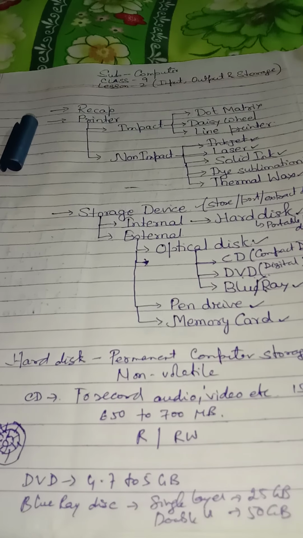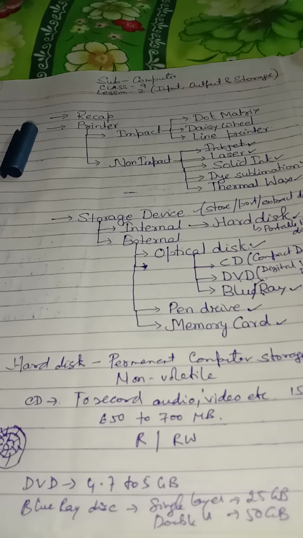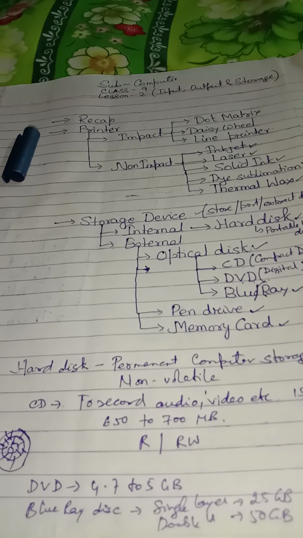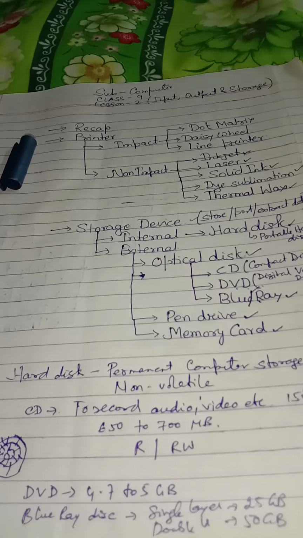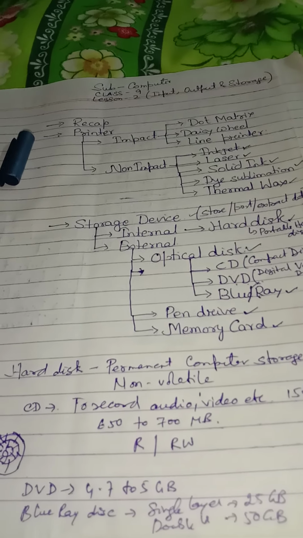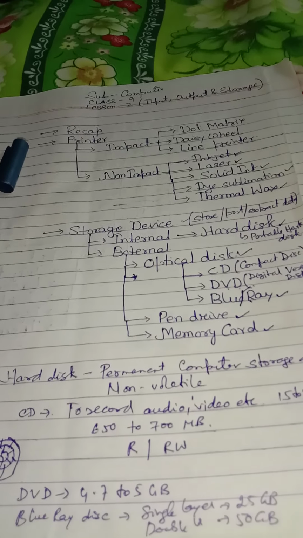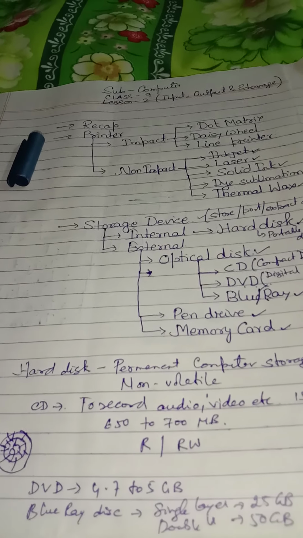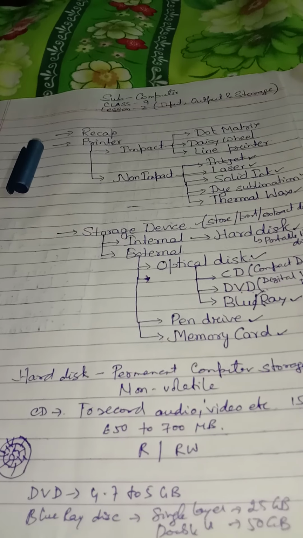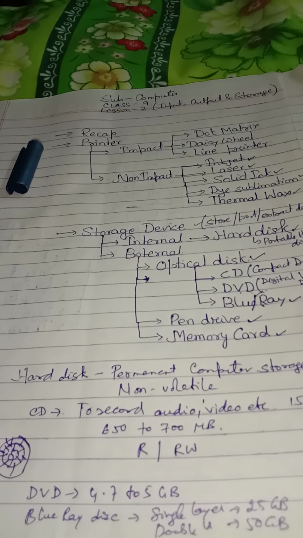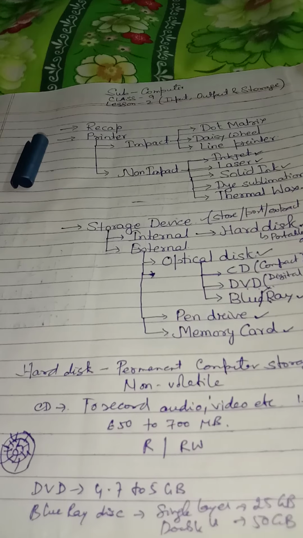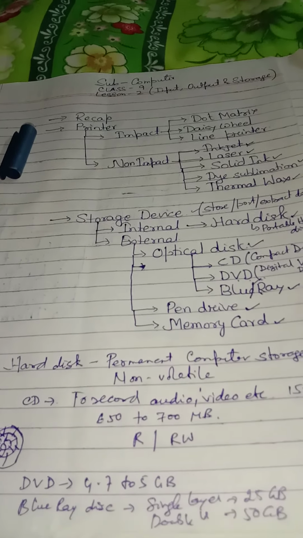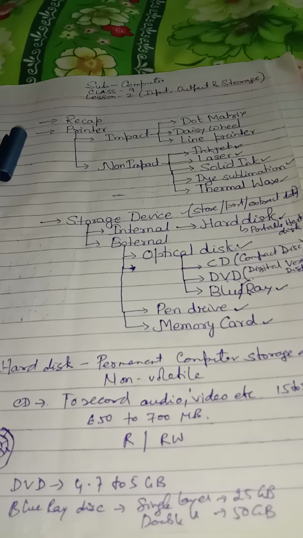It comes in different capacities like 16 GB, 32 GB, 64 GB, 128 GB and so on. The main purpose is to store a large amount of data. The data can be audio, video, pictures, information, animation effects, etc. So memory card is also a type of storage device that is used for storing information. It is mostly used in digital cameras, smartphones, tablets, etc. So this was about the memory card.